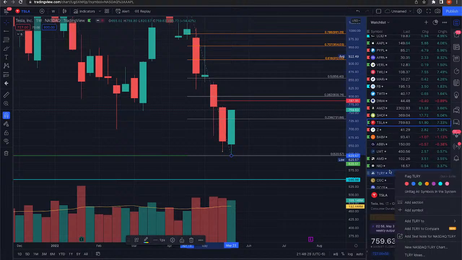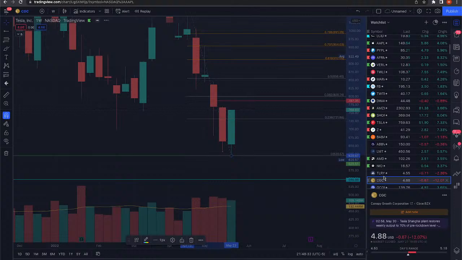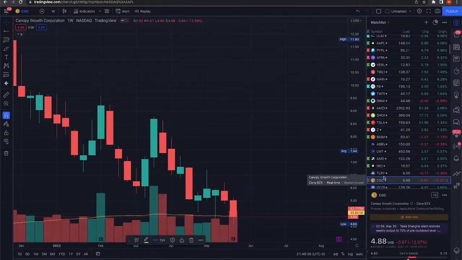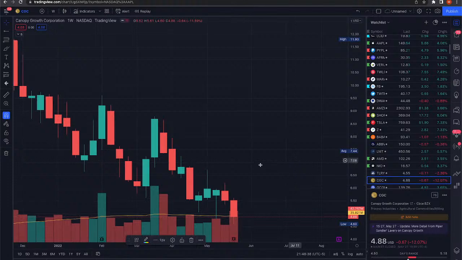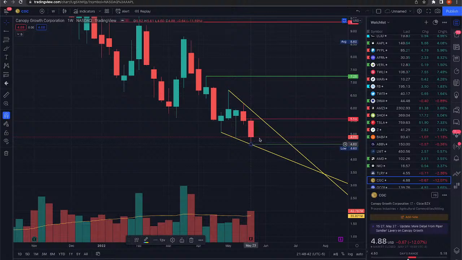What else was I looking at? CGC. Was I still in CGC? I can't remember if I swung it or not. All right, so yeah, CGC, I think I was looking at this downtrending pattern, but if it starts turning red tomorrow, I'll probably exit out because this can